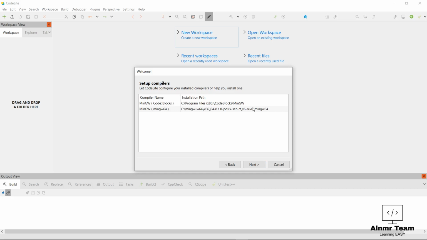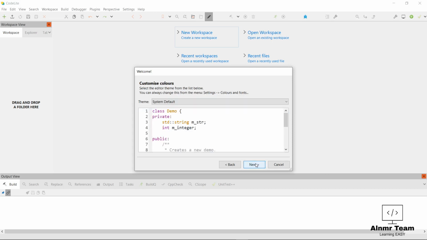Now we find two compilers here. You can install as many compilers as you wish on your computer. I have two installed: the MinGW64 that we will be using and the CodeBlocks MinGW. CodeBlocks is an amazing free IDE that works on Windows only. You can download and install it if you are using Windows. It's a simple IDE to use. We will proceed with MinGW64. Then next,